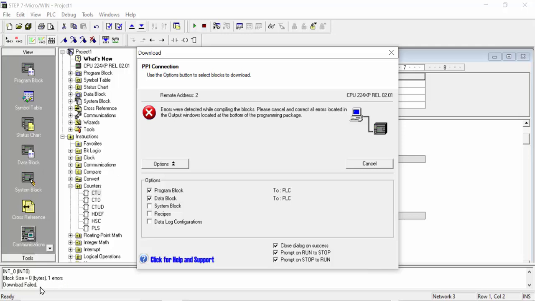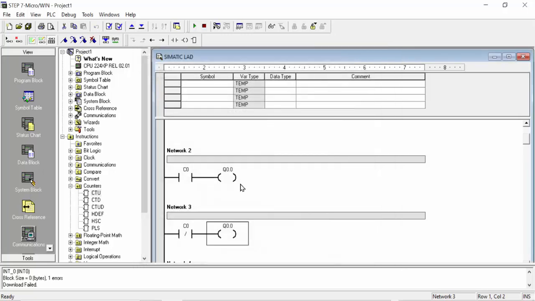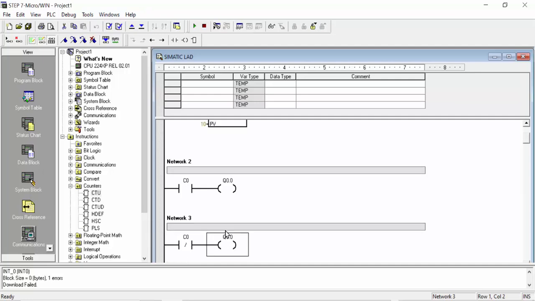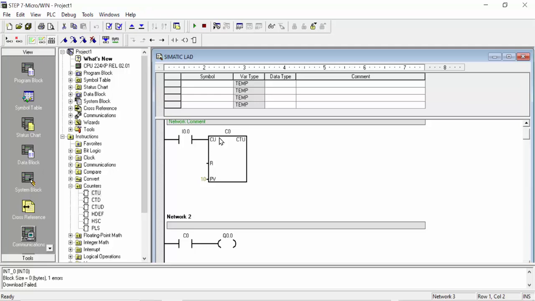But it says it found one error. What's the error? Cancel and again check our C0 and Q0.0, and this is C0. Yeah, what mistake? We did not fix any input for the reset condition, because when you make the counting, afterward how do you make the reset? In some software you have to put I0.2, I will put it for reset of this counter,